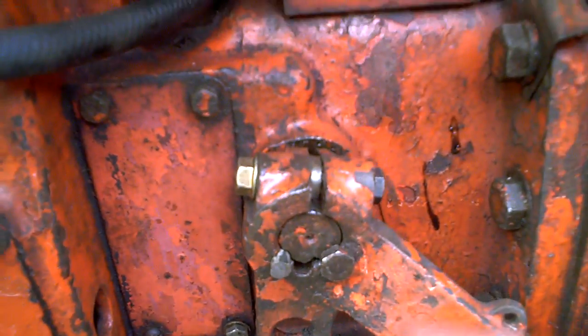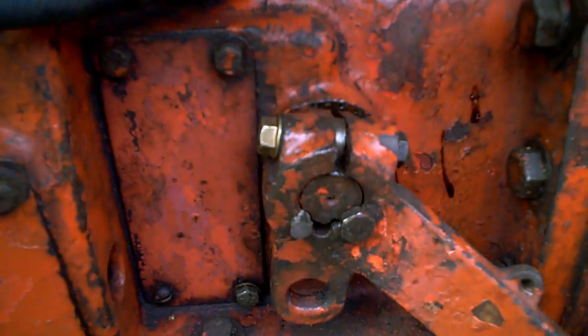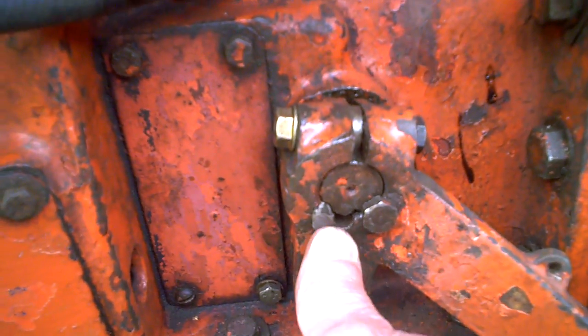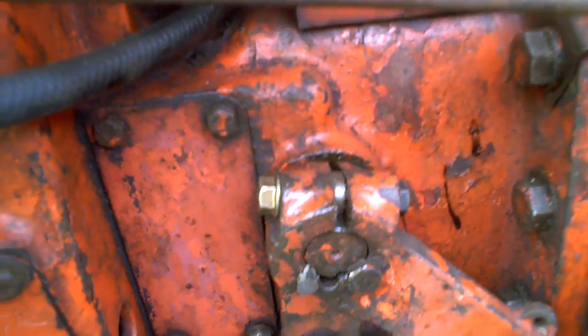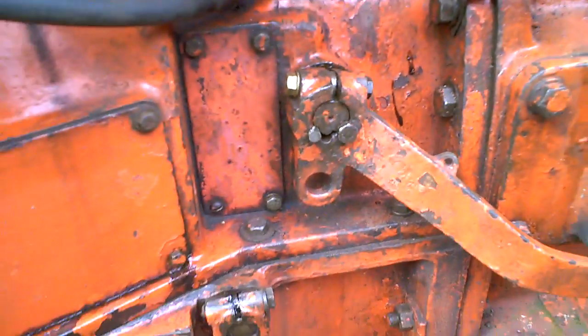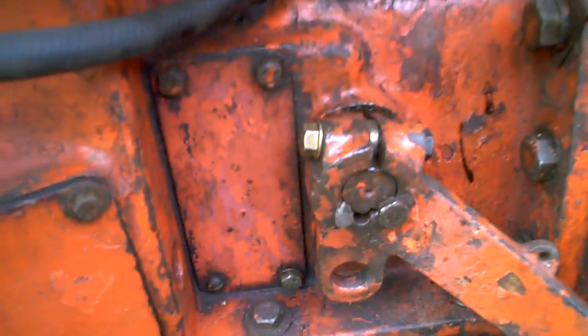So I tried tightening it and it slipped. Well, I took it off, got another bolt to go in. It really wants a different one, but it's the right size, just a fraction small, and I made another pin to go in there. I'm not sure how that should be, but there is a spacer in the top that's meant to be there. There's a hole in the shaft for it and everything, so that's okay. I haven't put the spring back on yet, and I've tried it, and there's plenty of clutch pressure,